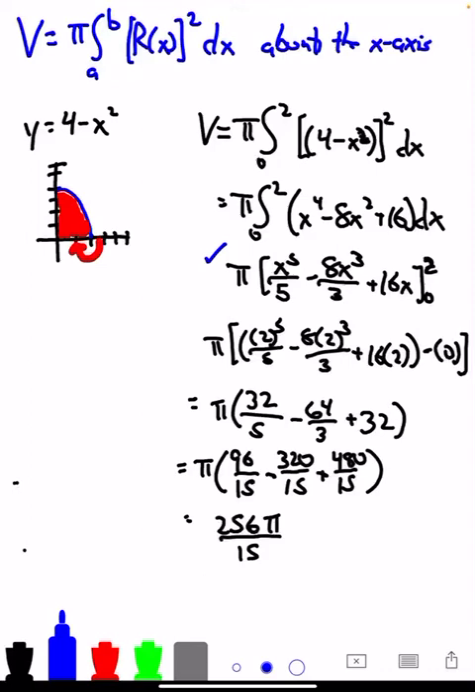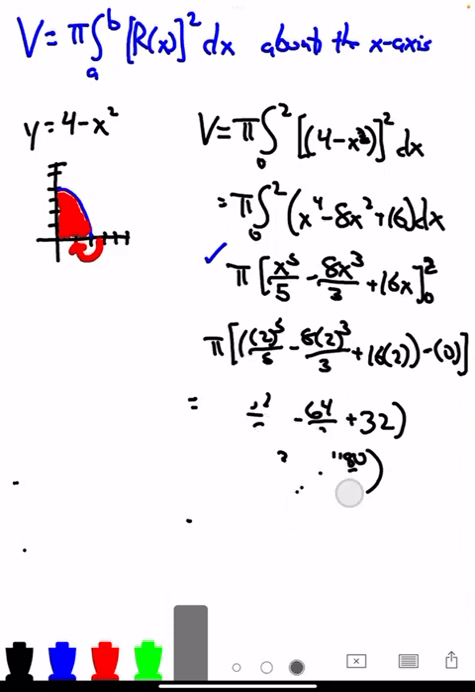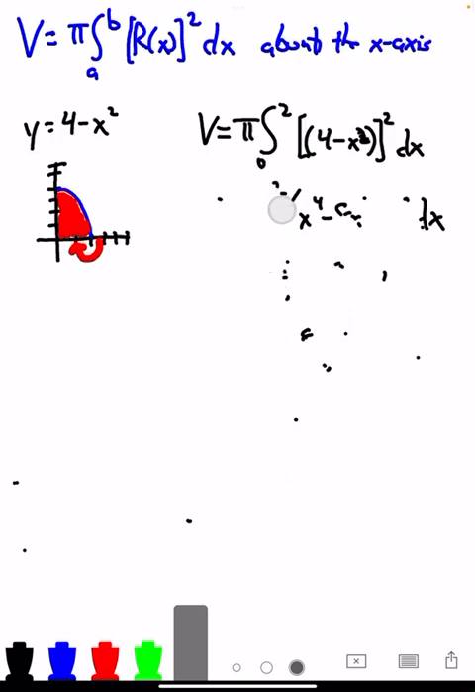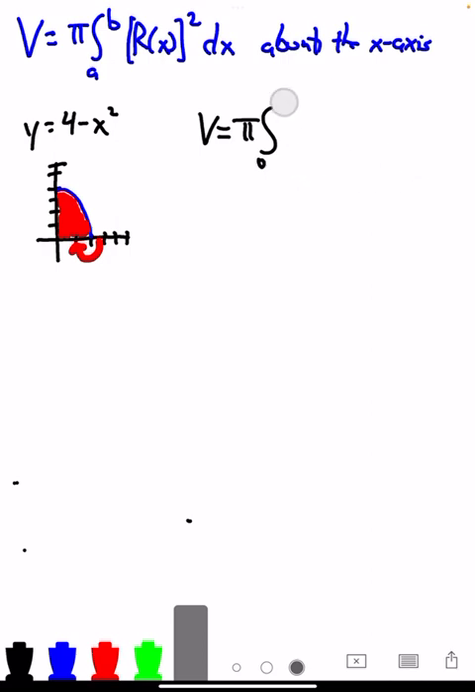I'm going to erase this. Because now we can take the exact same problem, but we have to go about the y-axis. We have to go about the y-axis. If we move about the y-axis, we have to slightly adjust it. Now, we will say